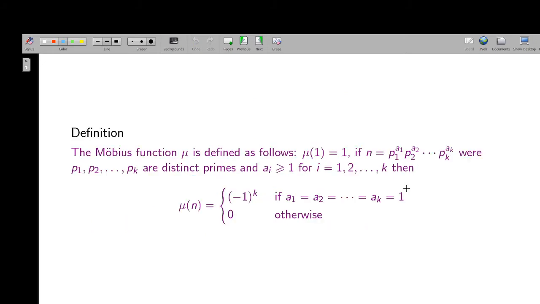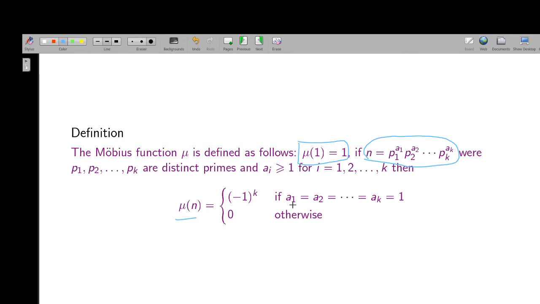The first one which we are interested in is mu itself. So how is mu defined? Mu of 1 is defined to be 1, and for any prime factorization of n, suppose a1, a2 up to ak are all equal to 1. Remember that the prime factorization is unique, so we can use it to define a function in this manner. So if all of them are 1,